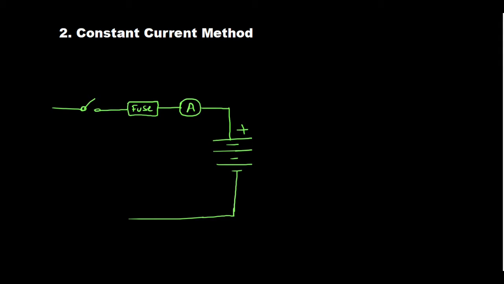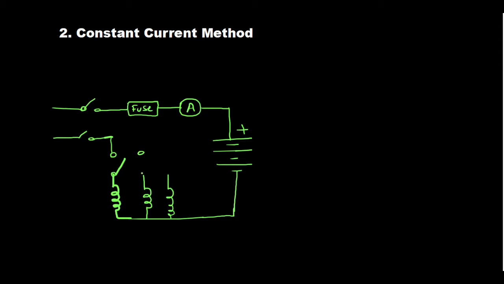Then we have to apply a limited current to this circuit. This is a switch. Now, to limit the current and keep it constant, we use something called load bulbs. We can use a rheostat also instead of these load bulbs. In the rheostat, dissipation will be there. So here also this load bulb is going to dissipate energy.